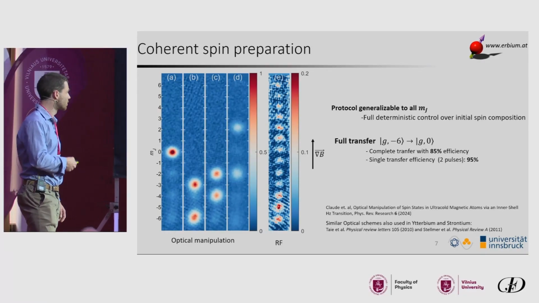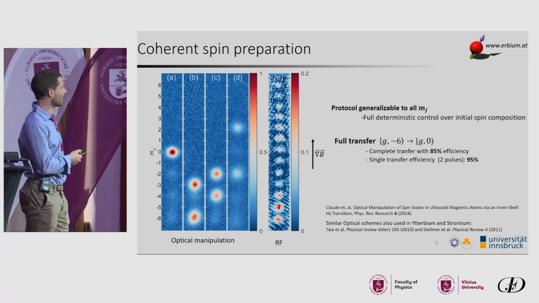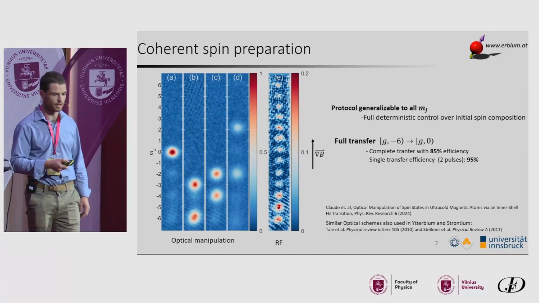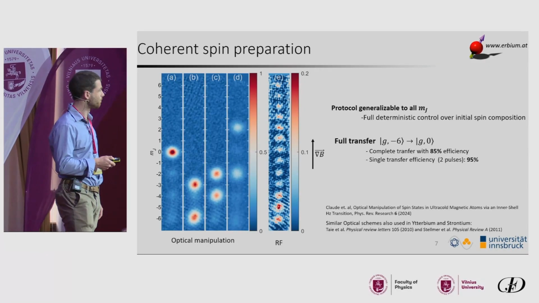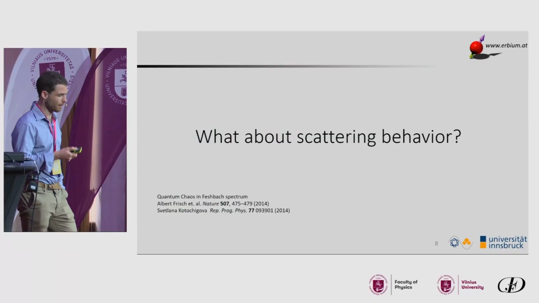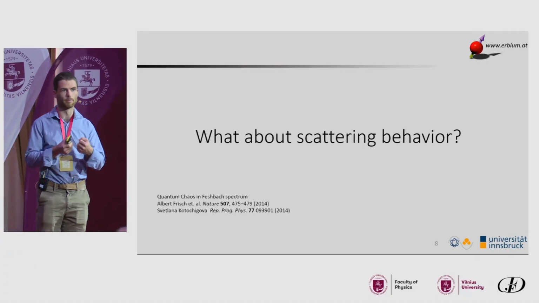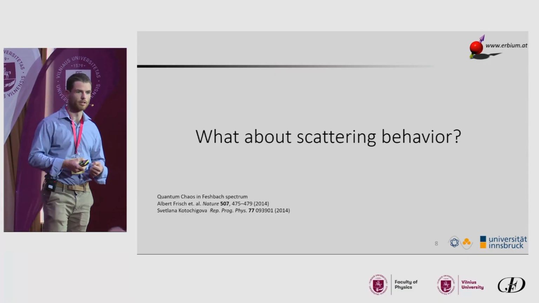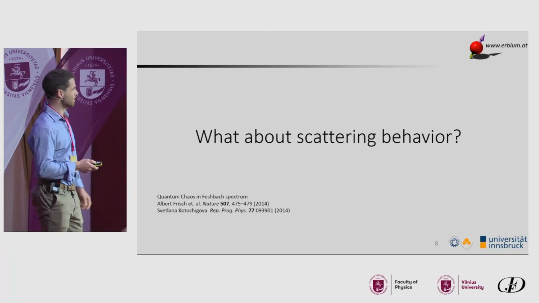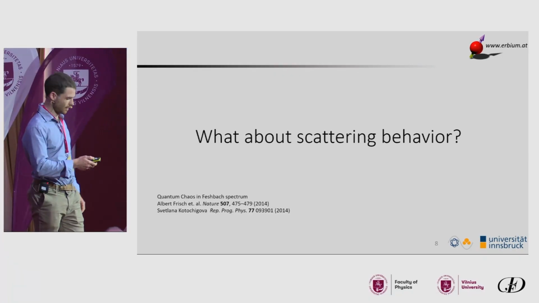And the natural question that arises if you are an ultracold physicist is actually, okay, it's nice you prepare those spin states, but what can you do with them, and especially how do they interact with each other? The problem is in lanthanides, in erbium, in dysprosium, it has been studied that the scattering, or let's say the interactions between two atoms, just in the ground state is already very complicated and can be proven to be chaotic to some extent. And so, if you add the spin degree of freedom, how can you understand anything?